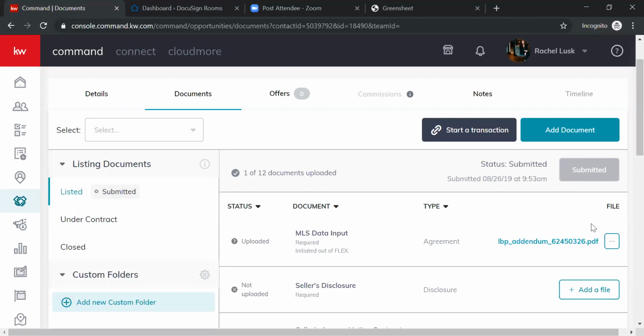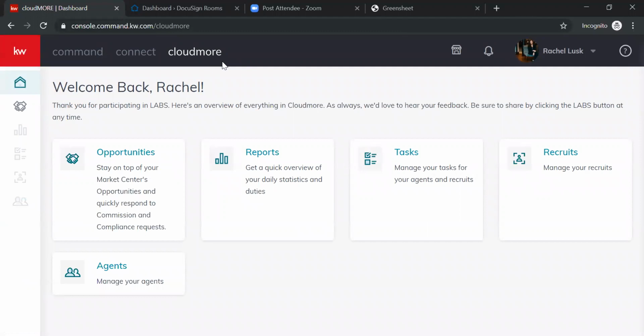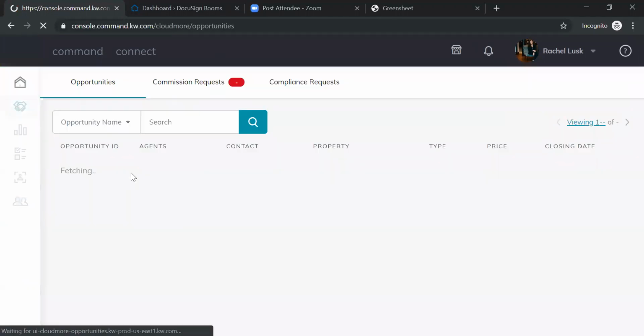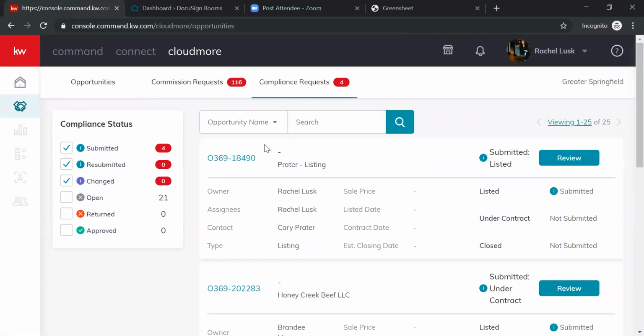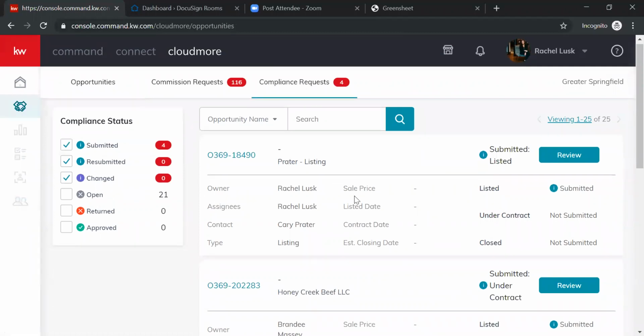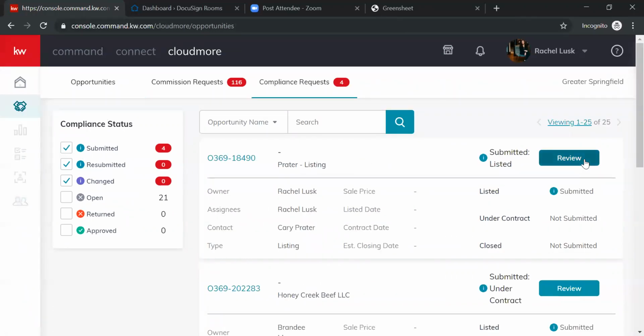Then right here, it's grayed out because I've submitted something and the Market Center, or compliance people, have not responded. So what myself and the compliance people will do, because we're still going to use our third-party compliance company to help review all these folders, is go to my side, which is WinMore, now CloudMore, and compliance requests up here. You can see I click on it, and I have 4 compliance requests. These are all the ones that have been submitted. So what I would do is click review,